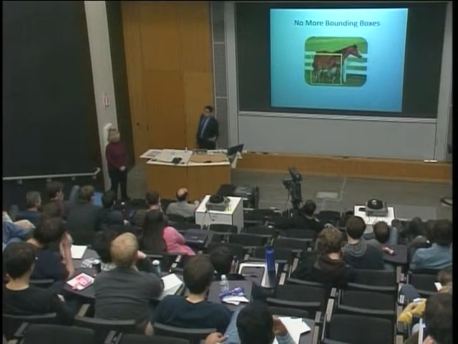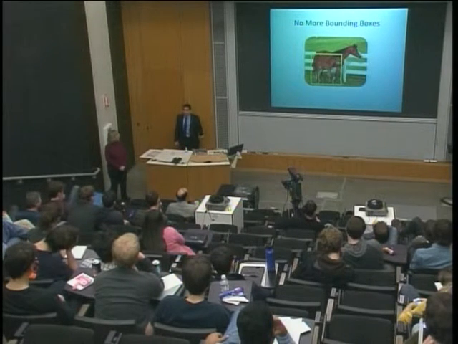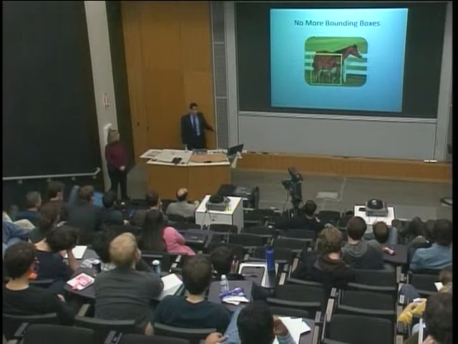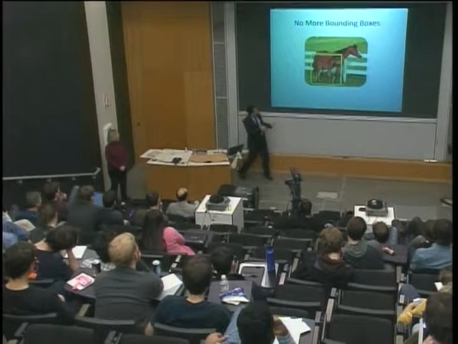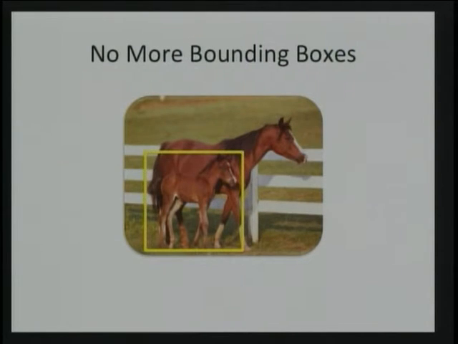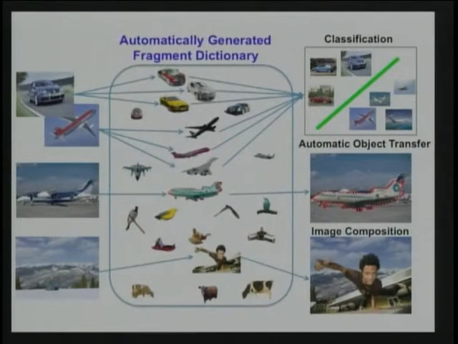Another thing that I'm pursuing is to get away from the bounding box representations. Why? Because when I represent objects with a bounding box, I have no clue where the object is. If I poke this pixel, is that going to be the horse or not? So when I go to a fragment-based, region-based representation, when I automatically build a huge pool of object regions, I can start doing lots of different things.